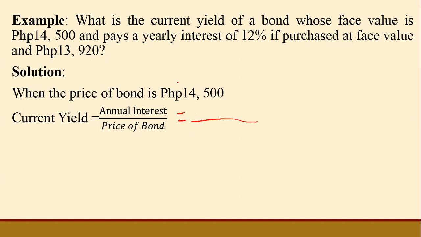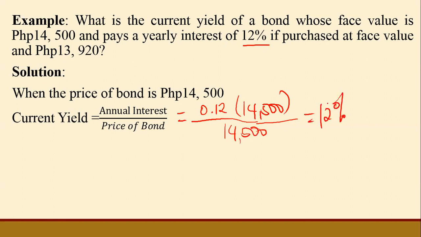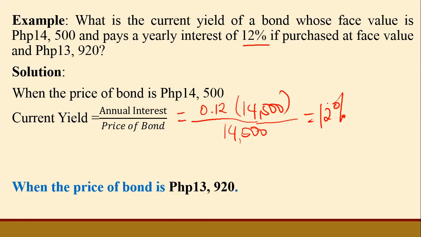the annual interest. What is the annual interest? It's 12%, right? So 12%, or 0.12, times 14,500, over the price of the bond of 14,500. So this is equal to 12%. And when the price of the bond is